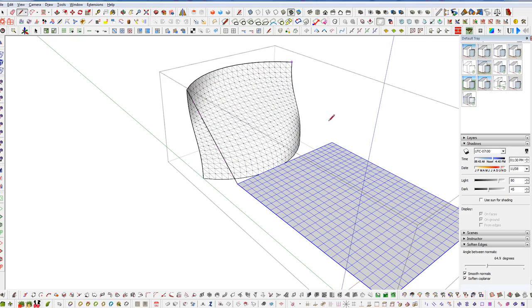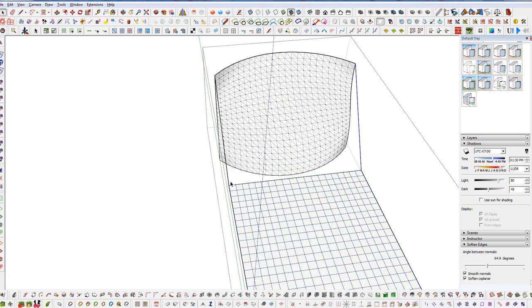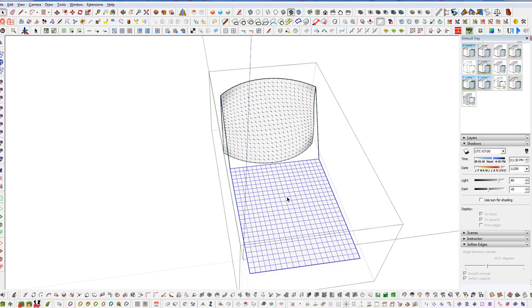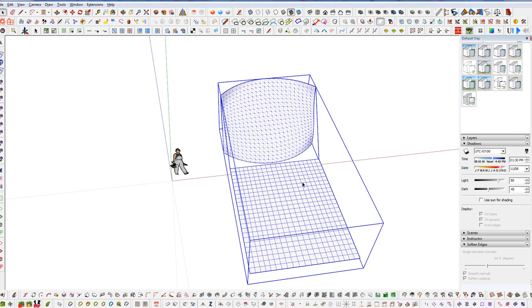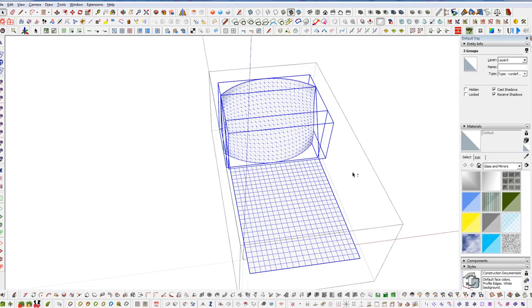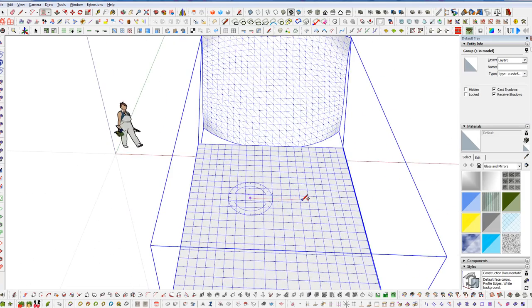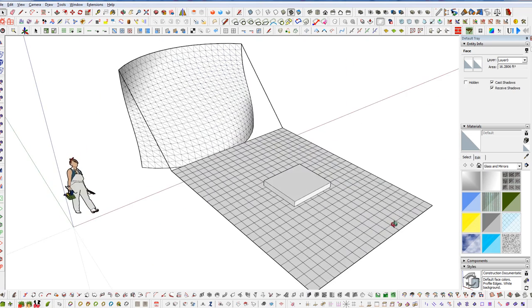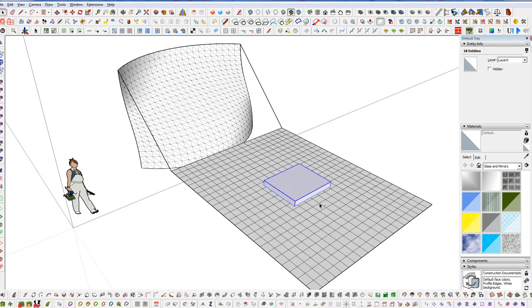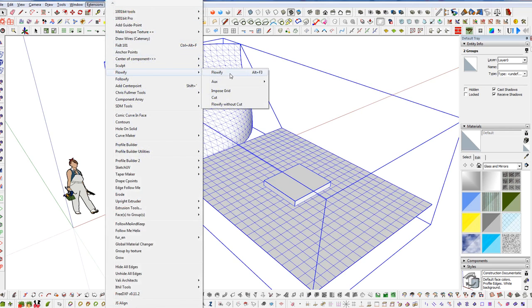So now we just need to connect that corner to that corner, and select both of our connectors, make those a group, and now inside of this group here we should have 3 inner groups. You can go up to Entity Info, select all, we should see 3 groups, and if we're wired correctly we should be able to just draw something on this surface in 3D, or 2D actually works as well. Select it all, make it a group, and now if we select that group plus the Flowify group and go down to Flowify and run it,